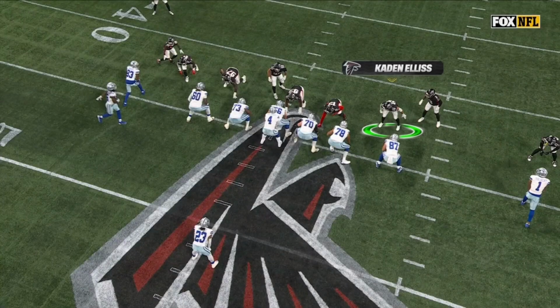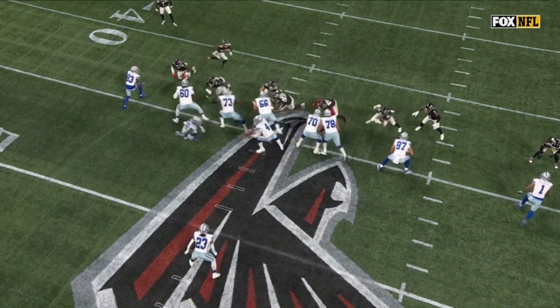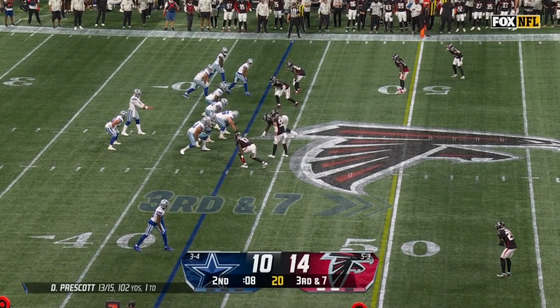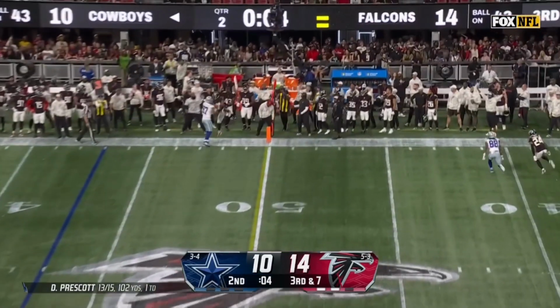Yeah, so take a look here. Kaden Elliss, this is actually a really good play call. They want to arc. When you have 2 bodies there, you're good. But the problem is Kaden Elliss is in a 2-point stance. He can see the motion. If Kaden Elliss is a defensive end and his hand's on the ground, that's a 1st down. That's the little things that just, you got to tackle them, keep them in bounds. They don't have enough time to get up and clock it. Lamb is out there in the pattern, and they're just...